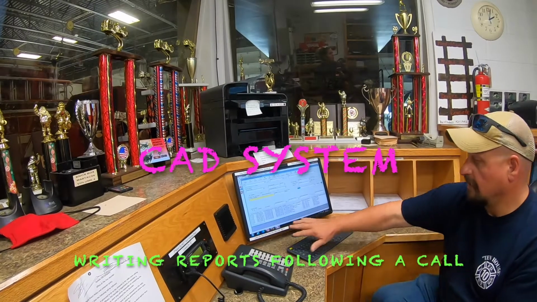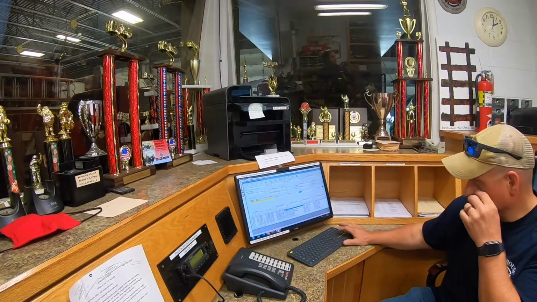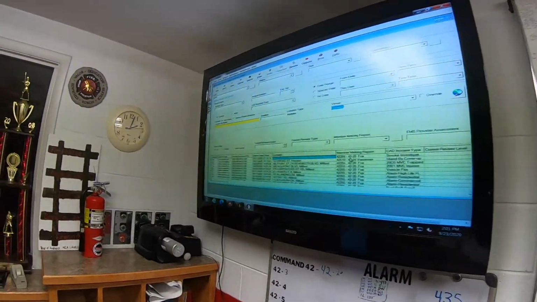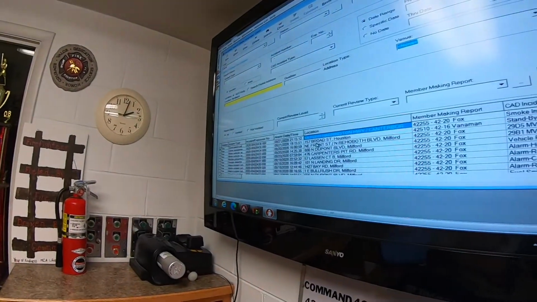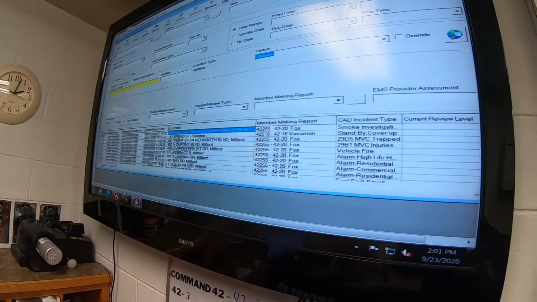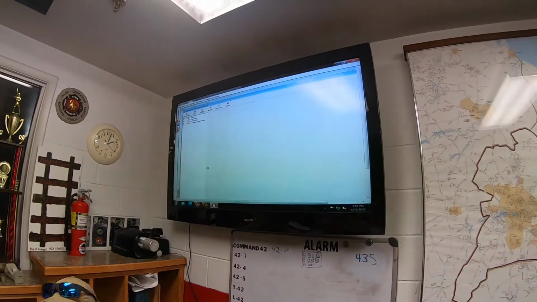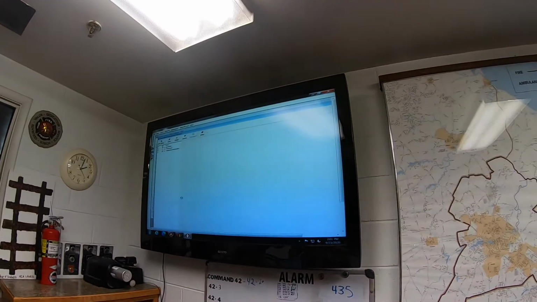And what it has, it'll bring up all of our calls. So what happens is the officer will go through and he'll bring up the last one that we had. It gives you the type of call that we enter in, the complaint number, date and time, address, and who was the officer that was making the report, is all on there. So once we go into it, you should be able to mirror everything.